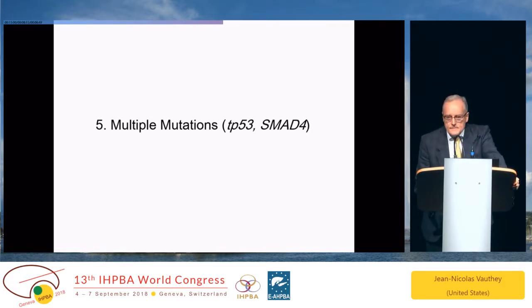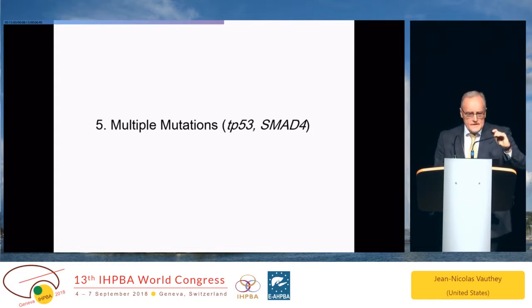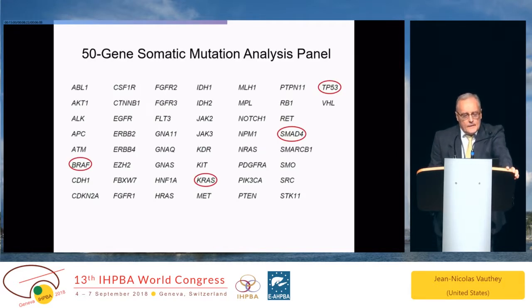Multiple mutation. Now you need to wake up, because this is good news, sort of good news for the RAS mutant, or a small subset of RAS mutant. We do now a 140 mutation panel, but up until recently it was 50. So we have a lot of data on this. And these are the ones you need to pay attention to now. BRAF is mutually exclusive with KRAS. So when KRAS is mutated, BRAF is wild type, and vice versa.